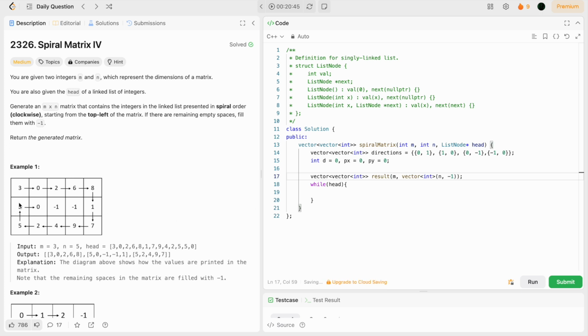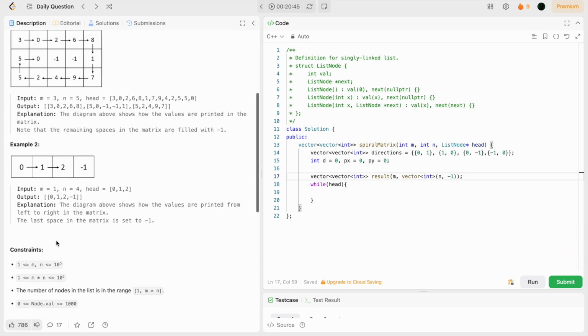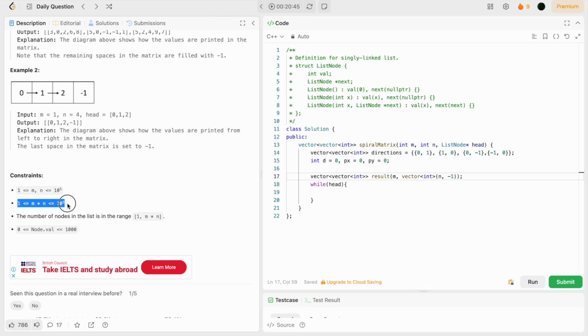Because when I'm here, I'll have two options: either move up like this or like this. The only thing that will tell me not to move like this is that I will see this is a value different from -1, so it has been visited before. So when I find something like that, I will know this is not a valid move, I will now move like this. So I'm starting everything with -1 because I know values are actually elements from 1 till 10 power